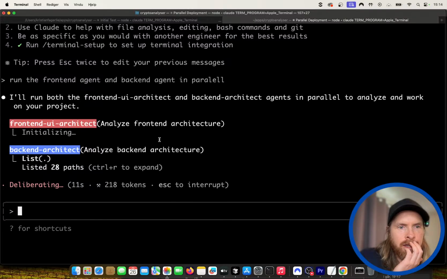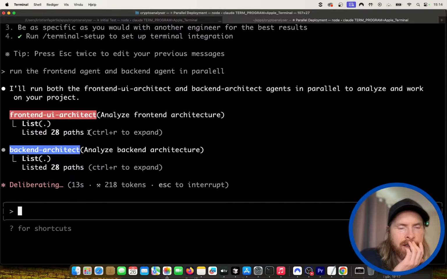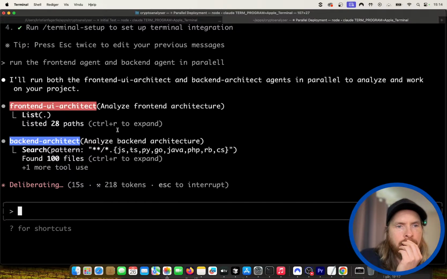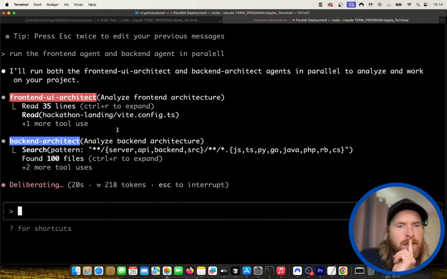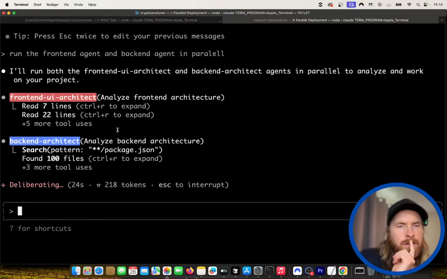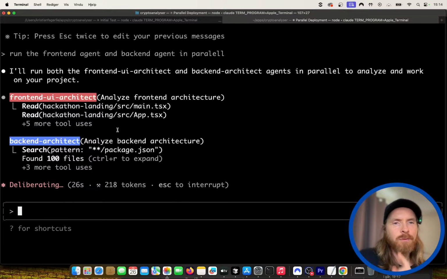Analyze front end, analyze back end. Okay. I don't know what's gonna happen here.